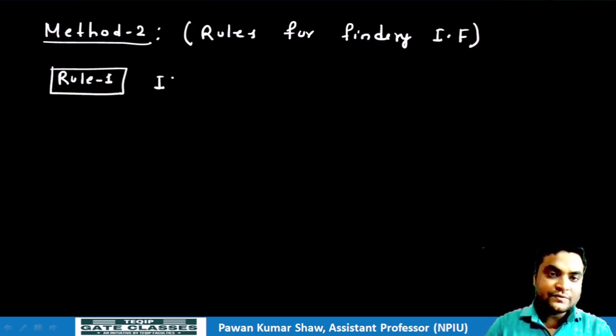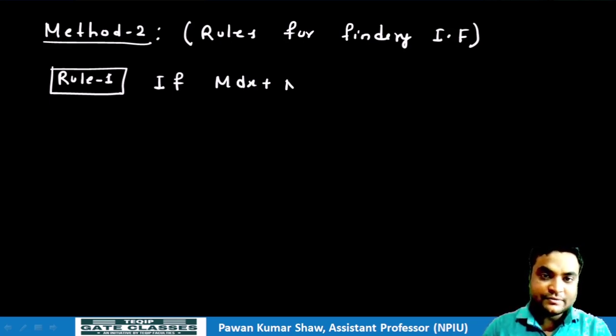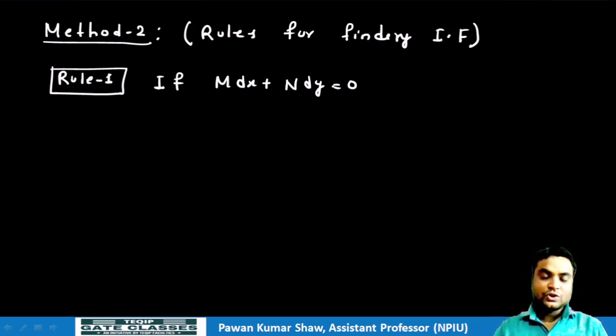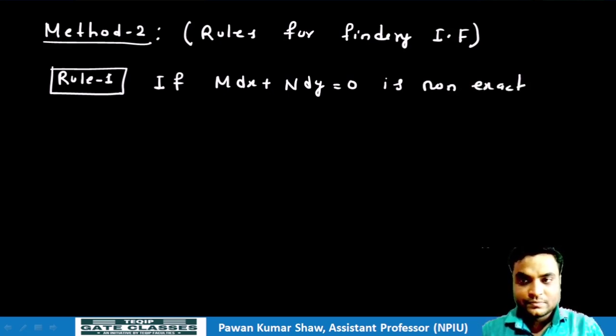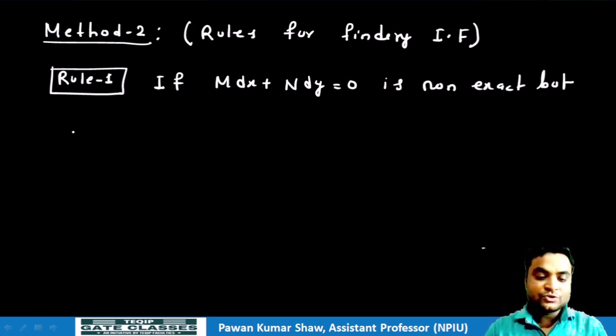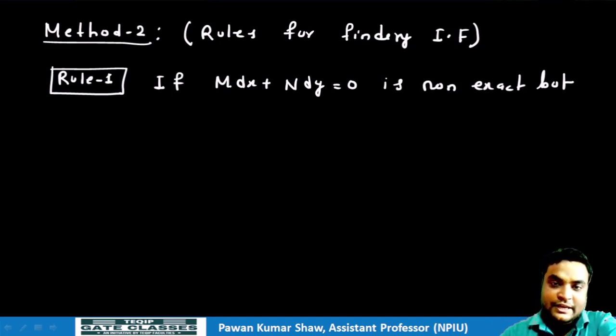Suppose the differential equation is of the form M dx plus N dy equal to 0, where M and N are functions of x and y. If the differential equation is given in this form and it is non-exact but homogeneous, that is, the functions M and N are homogeneous of the same degree,